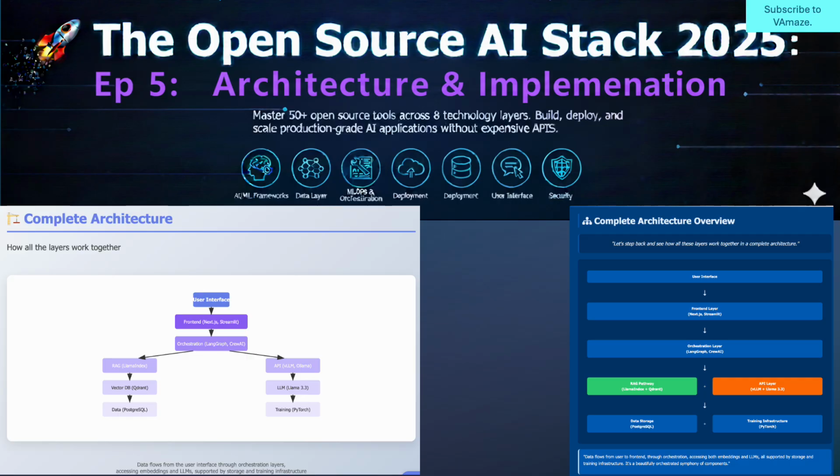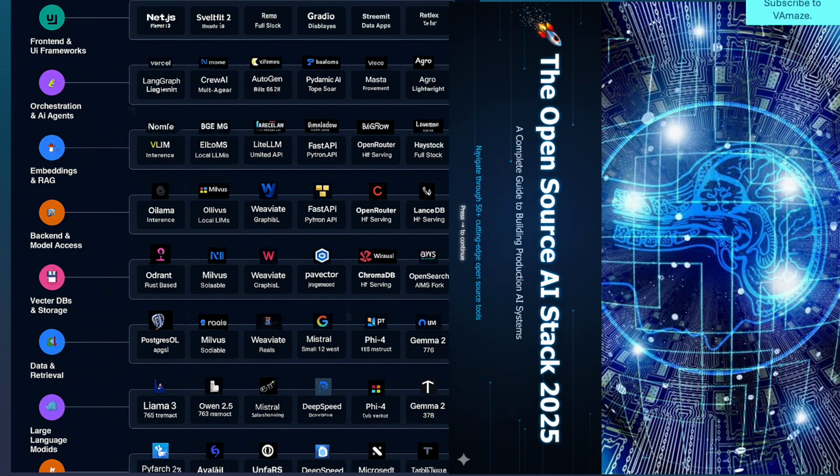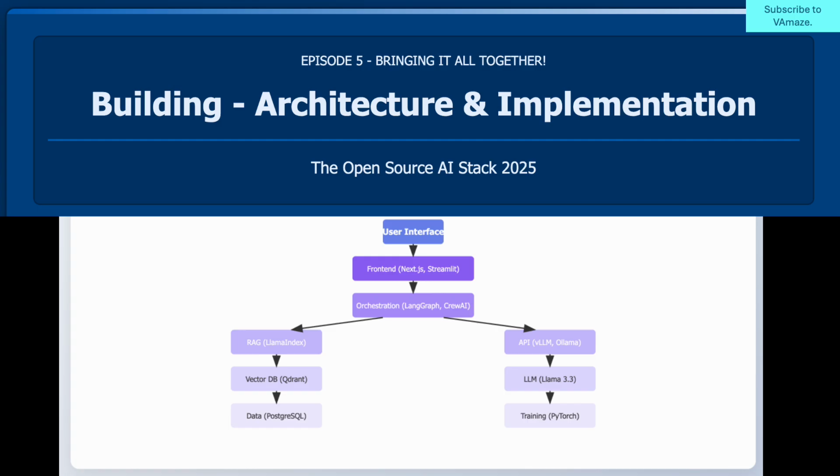We are so close to the finish line, and this episode is all about bringing everything together. For 4 episodes, we've been building knowledge piece by piece. Front-end frameworks, orchestration engines, embeddings and RAG, vector databases, LLMs and training. But how do they actually connect? Today, we're looking at complete architectures, how data flows from user to UI, to orchestration, to retrieval, to LLM and